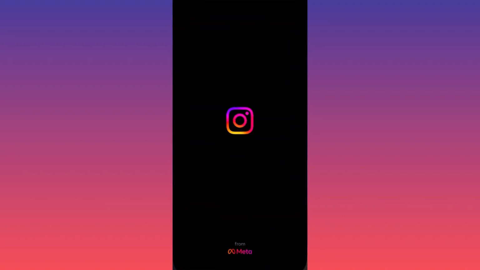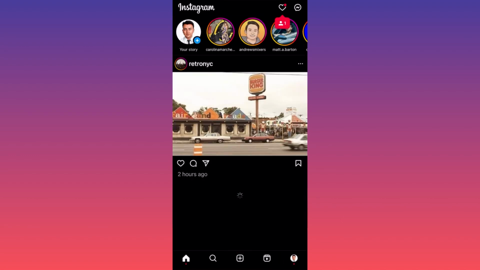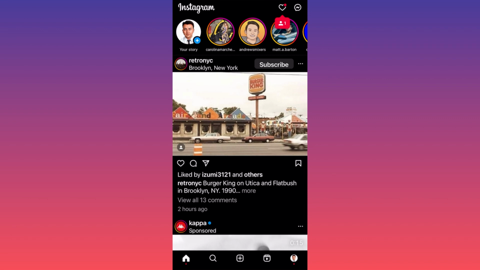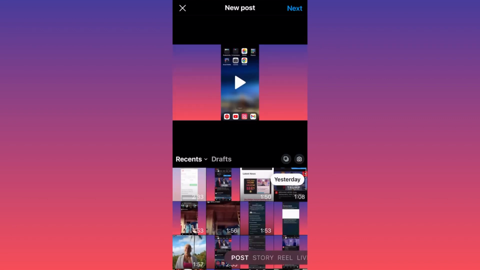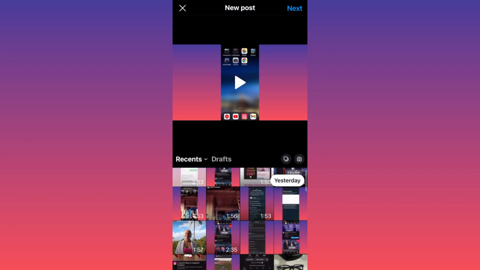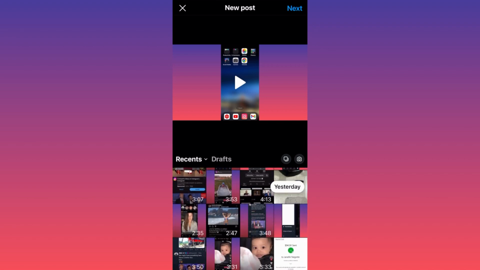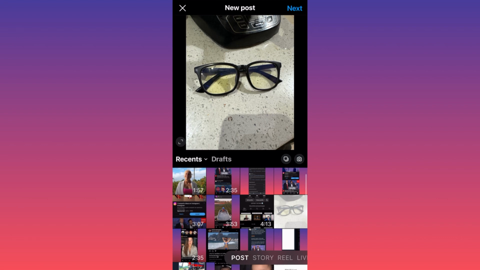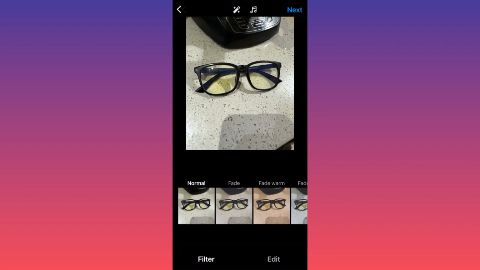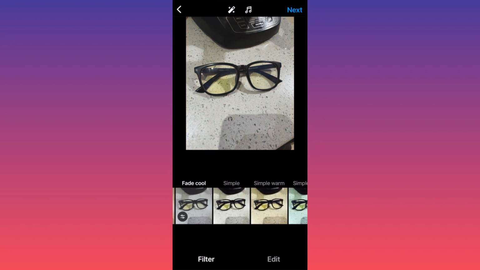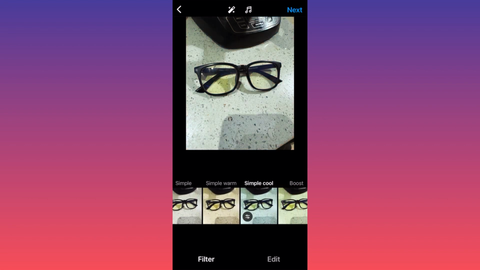Then I want you to go ahead and start creating a brand new post by hitting the plus sign in the lower center of the screen. Let's pick our post over here. In our example, let's pick this one over here. Press next. So in this particular example, we can essentially edit the contrast, make it to look more like the matrix, right? Then we can press next,